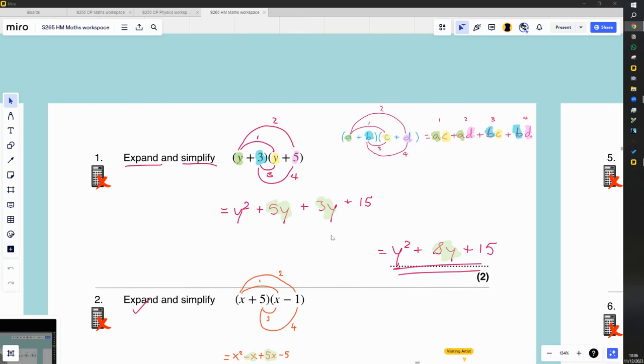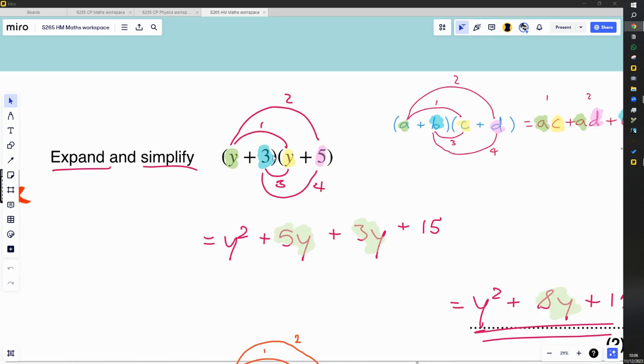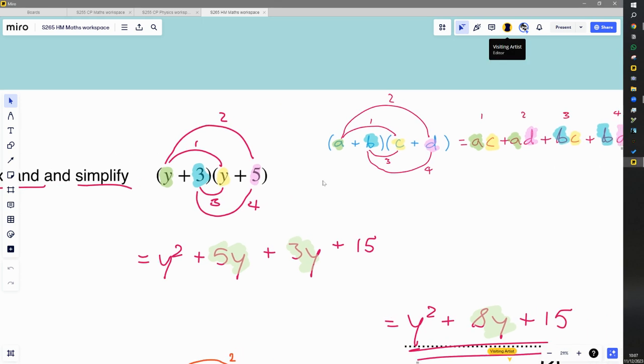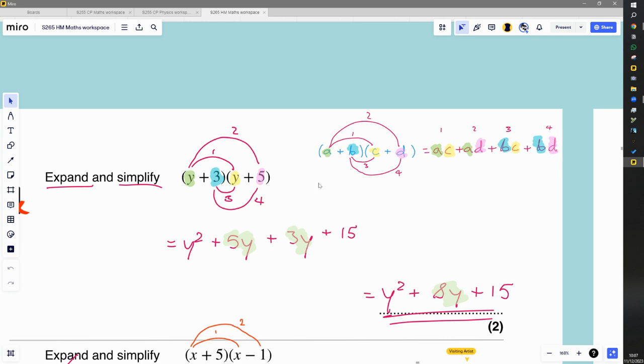So just to recap how to expand double brackets, this is when we have something added to something else, all in a bracket, multiplied by something else added to something else, which is also in a bracket. This means that all of this stuff in the first bracket is being multiplied by all of this stuff in the second bracket. So the way to do it, I've got all these curly lines and numbers all over the place. What it's trying to say is that in order to get it out of the brackets,